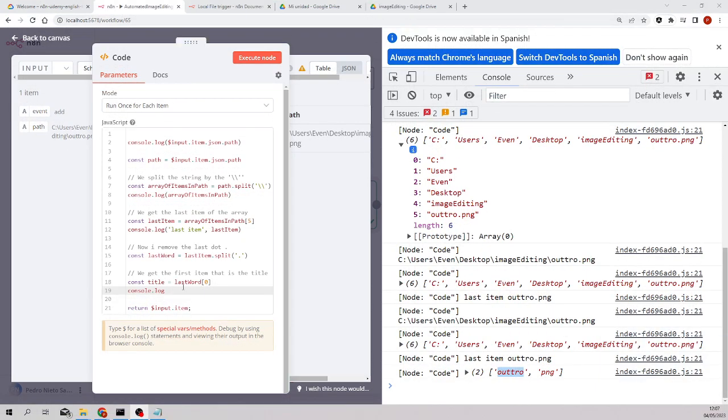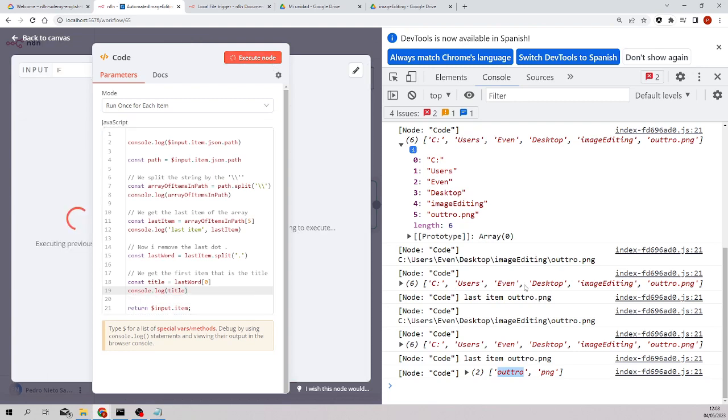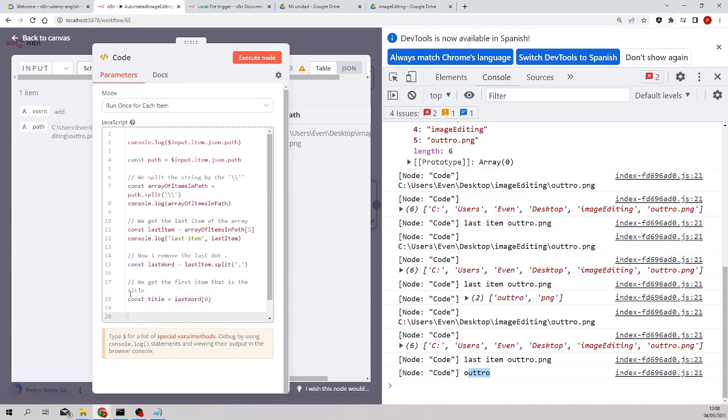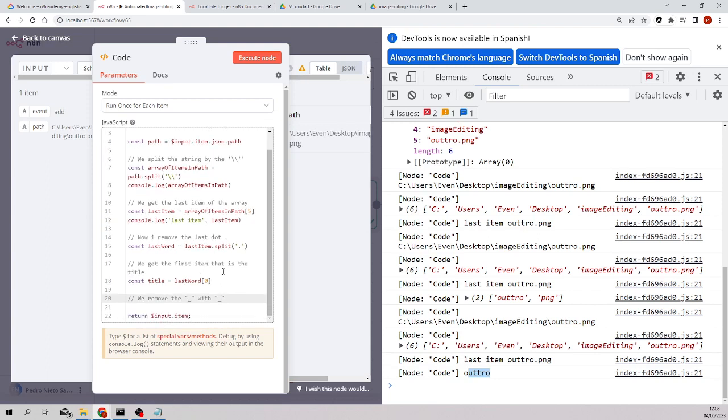I will log this. Title. Yeah, outro. Great. So now we have the title, but remember, we need to remove the underscores and replace them with empty strings. And first of all, this object doesn't have any underscore, so let me